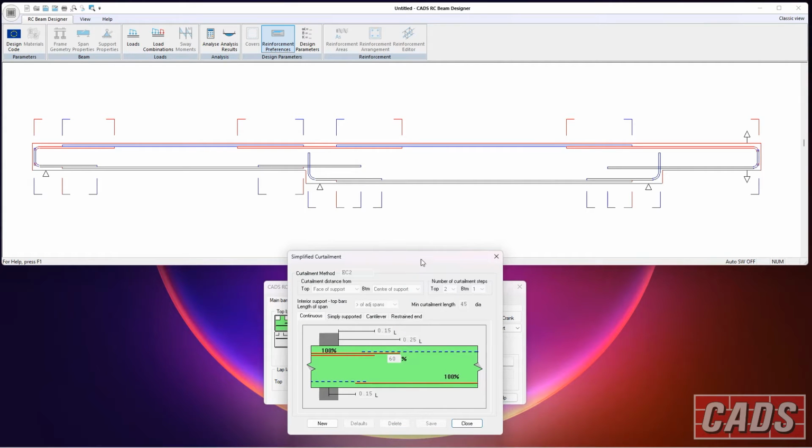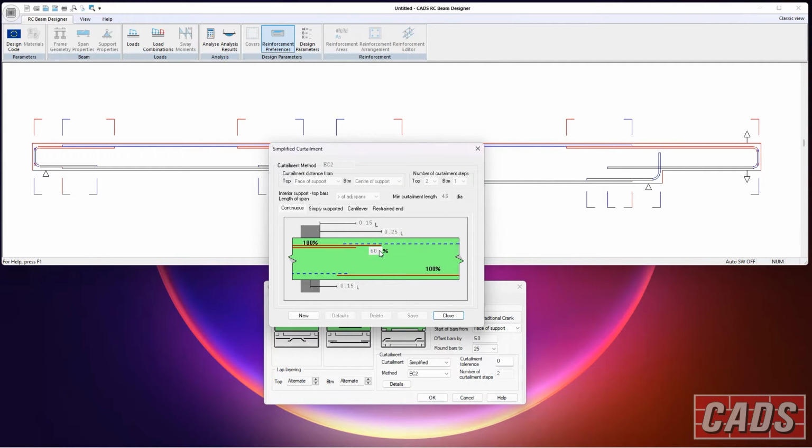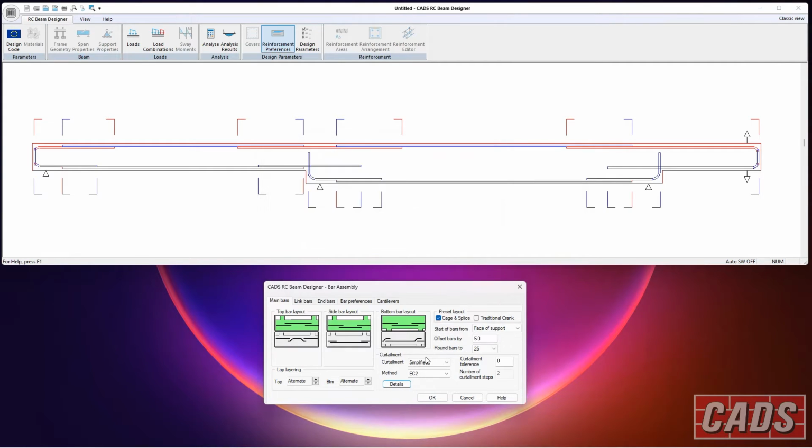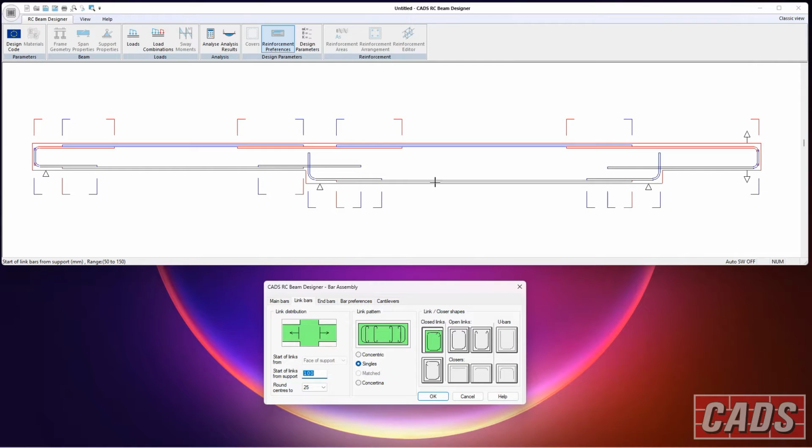And indeed you can go in and edit the inbuilt values that we've already got in the program. So if you hit new, we can change percentages, percentage of length that the curtailment runs to, number of steps, curtailment lengths and so on. So you can set that up yourself. The links that we're putting in here, now this is very, very specific for detailing. Different types of open link and closed link you can choose from, different types of links, full stops, concentric, singles, concertina. There's an option there for where the links start from and the rounding for the